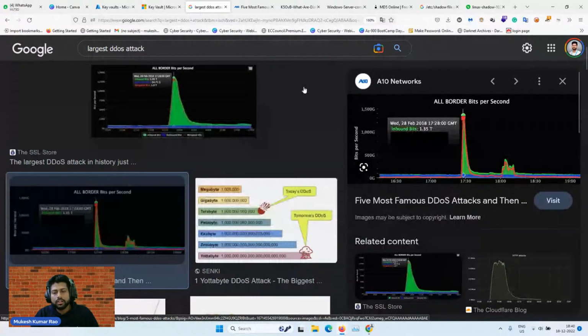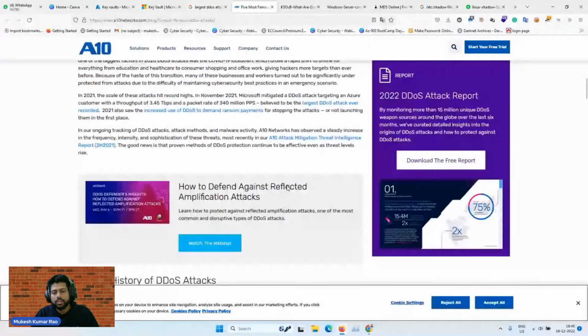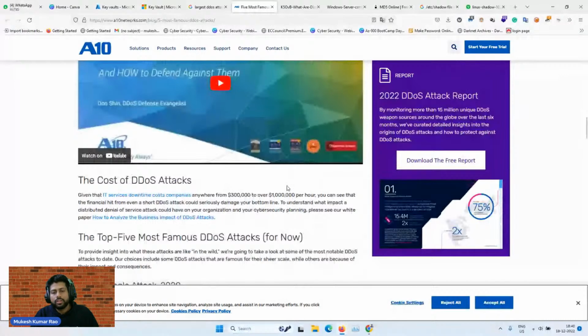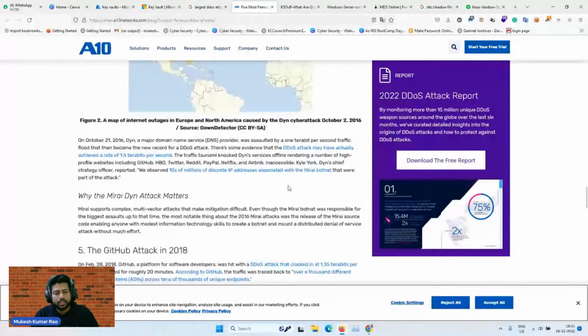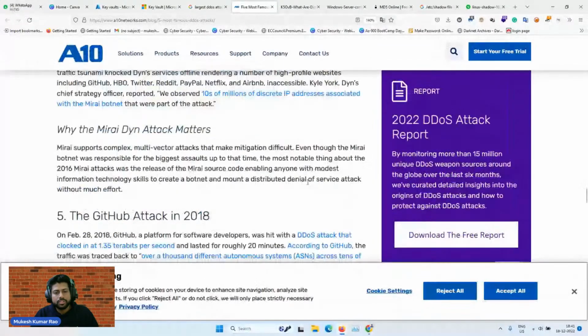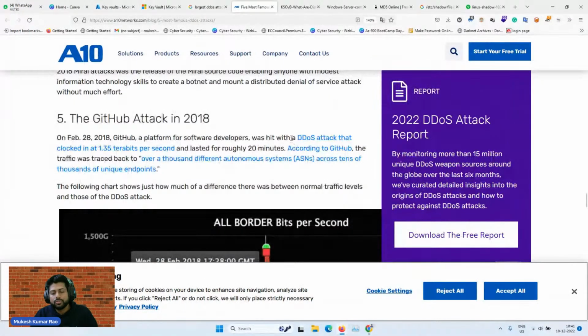Some attacker started a continuous attack on the GitHub website. Let me showcase it. So what actually happened, the attack was sending 1.35 terabytes of data in 1 second. If you're using mobile data or a wi-fi connection, we have some plans, like a 100 Mbps plan or a 50 Mbps plan, in which in 1 second we are able to access 10 MB of data.